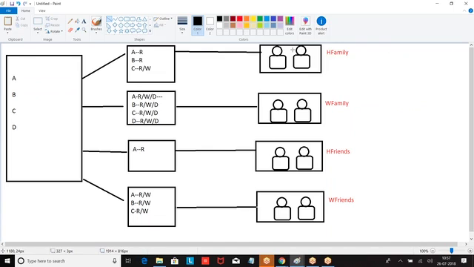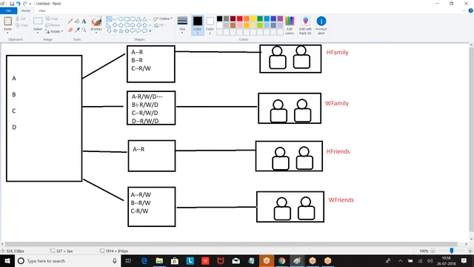Now, who are these groups of people? They have profile names called husband family, wife family, husband friends, wife friends. So the same object will not be visible to everyone in the same way. How this object should be displayed to users is defined by the page layout. Each one is a page layout.